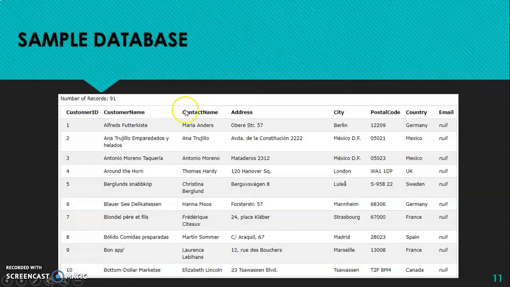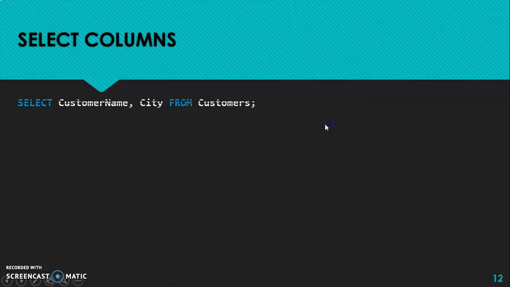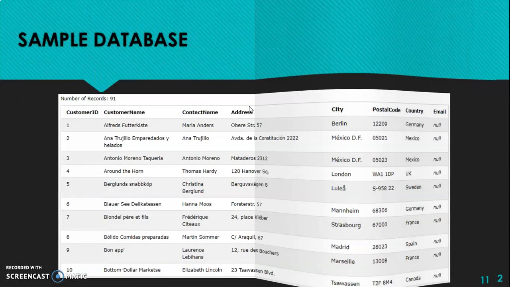Now see, this is a sample database. This database actually contains 91 records, but considering the space, I am just giving you a smaller view of this table. Using select columns, I say select customer name and city from customers. So I have selected one column, customer name, and one column, city, from the customers table.